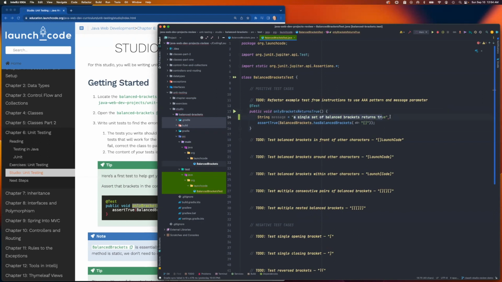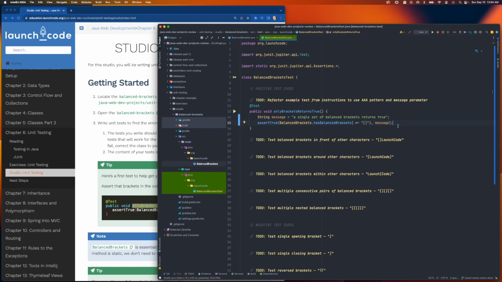And then, but I'm just making this message that is much more specific. It also means if I pass this into this assertion, so let's say this is our test data, we're passing it into has balanced brackets, we're calling it unbalanced brackets. So this is going to be the return value of this method call with that being passed in. We're asserting that this is true, and I'm going to put a comma here and have a second argument, a message. That way, if the test were to fail, we would see that message as part of the failure report